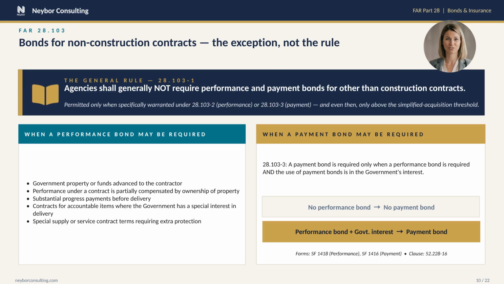The right card shows the payment bond logic. 2 conditions must both hold under 28.103-3. There must already be a performance bond, and the contracting officer must determine that a payment bond is also in the government's interest. If either condition is missing, no payment bond. The standard forms here are different from the construction series. Use SF 1418 for the performance bond and SF 1416 for the payment bond, and the operative contract clause is 52.228-16,